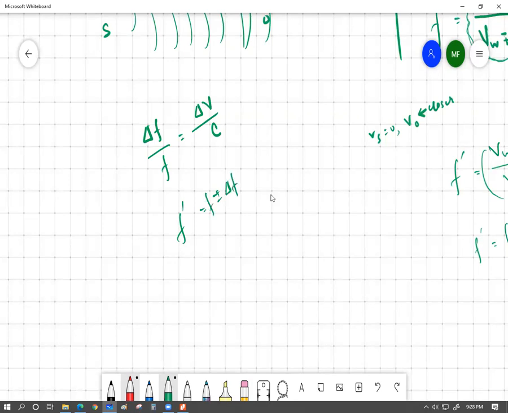এখন যদি they are getting closer তাহলে প্লাস হবে, if they are getting farther away then minus হবে। So change in frequency divided by source frequency equals to relative speed divided by light speed, and the observed frequency would come from the plus or minus delta f, that is the variation of the frequency with respect to the original frequency. And if they are getting closer তখন আমাদের delta f টা প্লাস করা লাগবে, if they are getting farther apart then আমাদের delta f টা মাইনাস করা লাগবে। এটা হচ্ছে লাইটের জন্য।